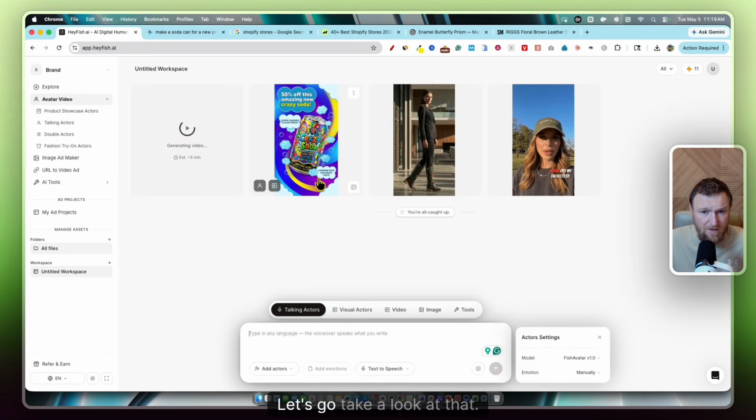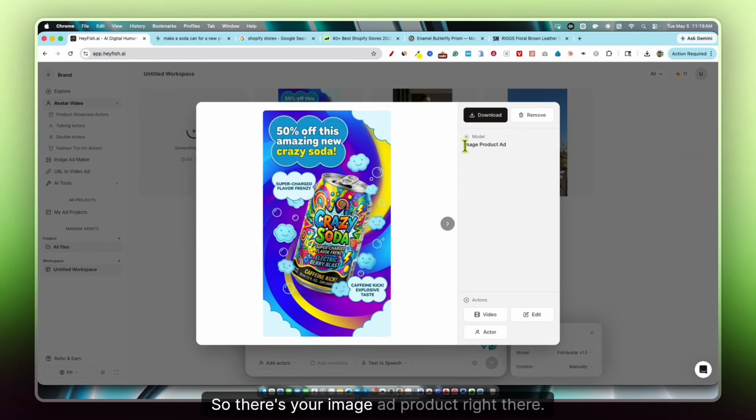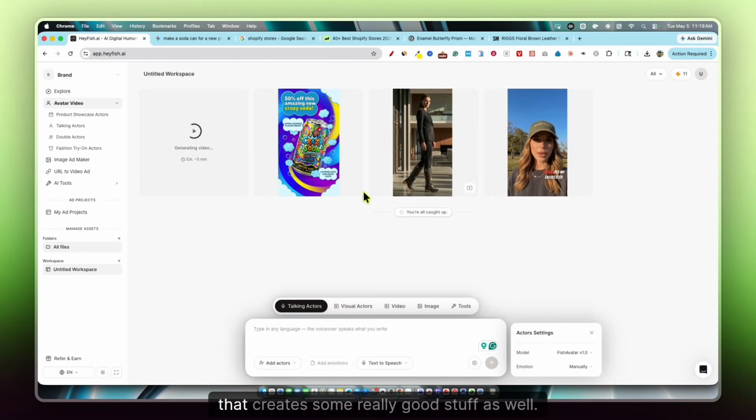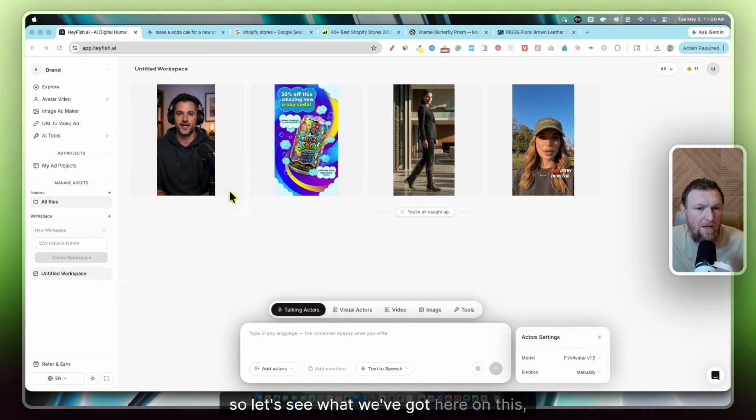So here's our image ad. Let's go take a look at that. So there's your image ad product right there. You've got the 50% off this new amazing product, Supercharge Frenzy. And then there is the soda right there. So that's a really nice image it created. So that creates some really good stuff as well. We'll come right back. Okay, so let's see what we've got here on this ad that it created from the